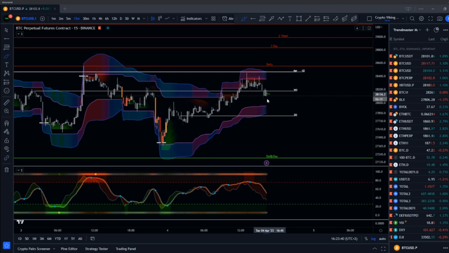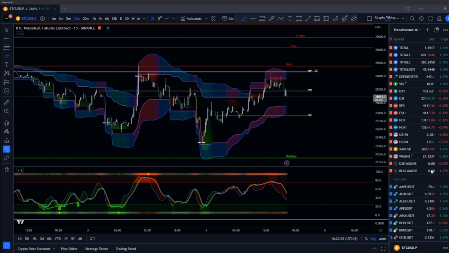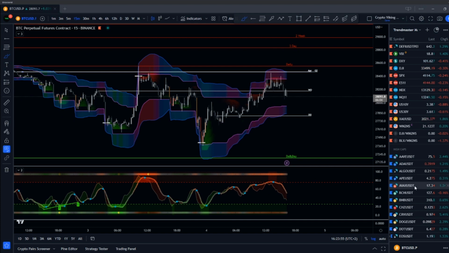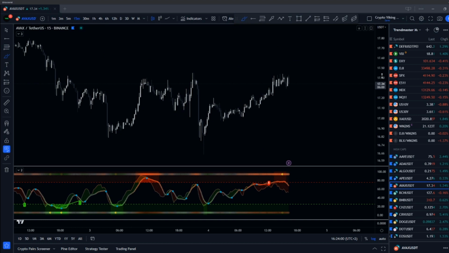Especially if we start breaking back to the downside here. What do you want to see? You want to see some bottoming structure going on with the oscillator, some hold of level if we come back to the upside. So that's the best way to use it. And the hardest thing is you have to be able to flip through tickers pretty quickly to identify stuff. That's the hardest thing for most people, because you've got all of this data, all this